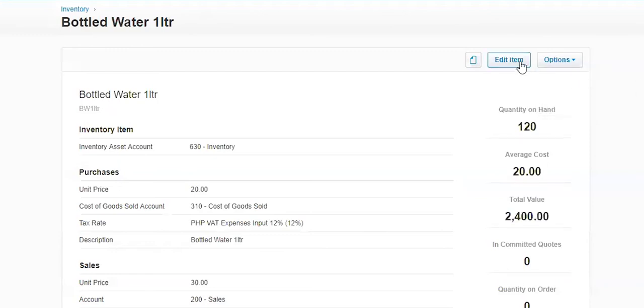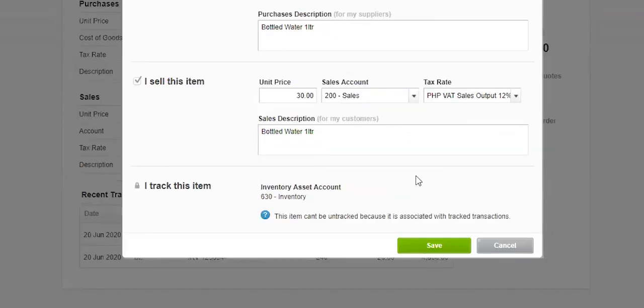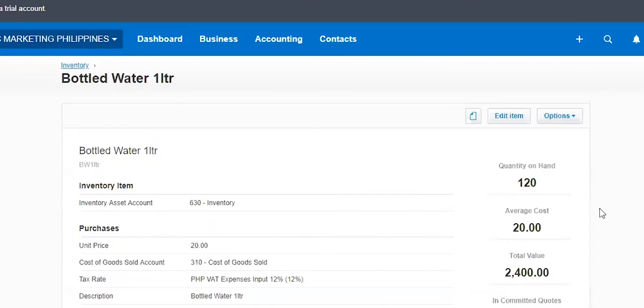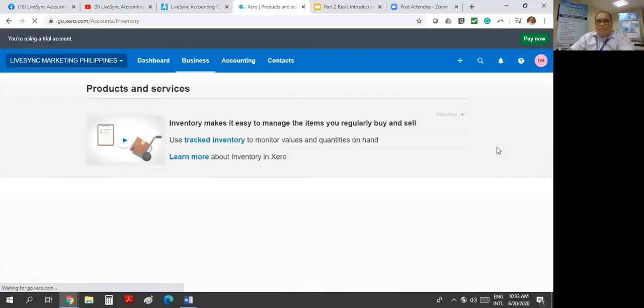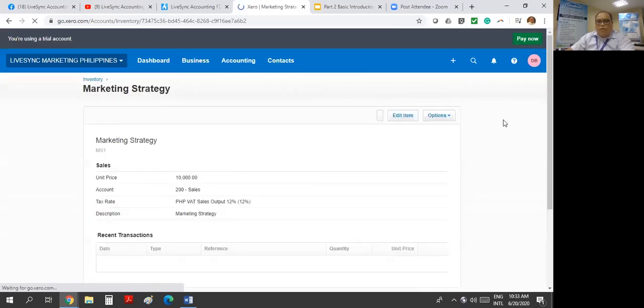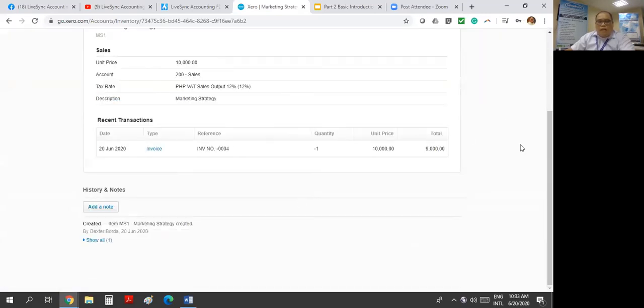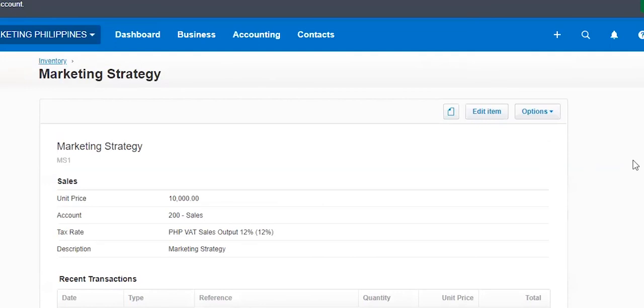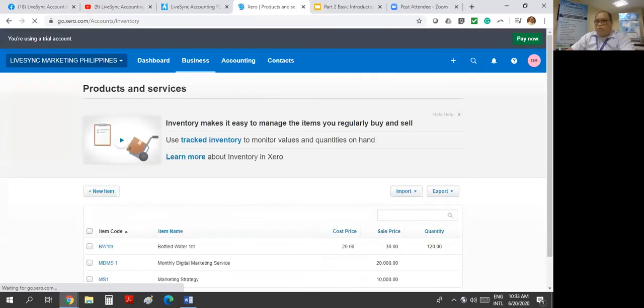Even if it has a zero balance, you can also edit the details here, the descriptions and the default, that's fine. And then let's see about the strategy, what happens here if there is no inventory tracking. Even though it's not tracking the quantity, it's showing us what particular invoices are being used or issued for this particular service item. Okay. Now, finally, let's go to